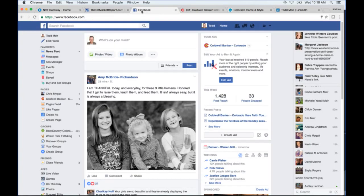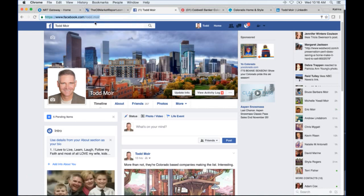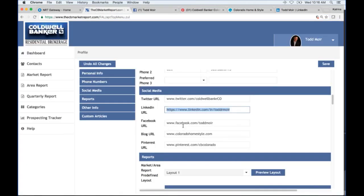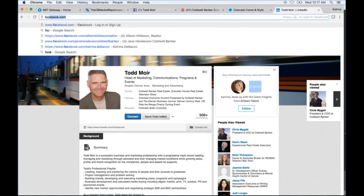Everybody is probably on Facebook in some fashion. So once you get over to your Facebook account and you click on your personal profile in the browser window, you can highlight your own personal profile URL and copy paste that in if you want to go that route. Otherwise, you're welcome to use the company's Facebook account, which I'm going to go to facebook.com. Okay, everybody